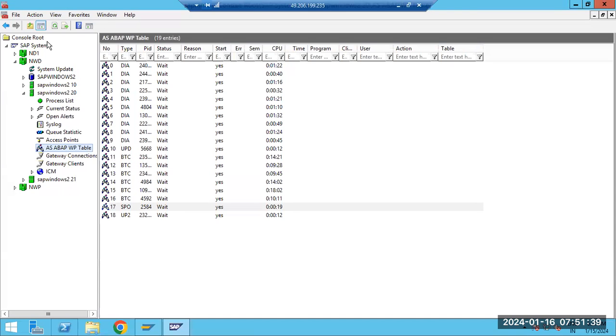Here, the spool work process. In every host, there is a spool work process. It is not used for the creation of the printers, but to print the data, that is, to send output data to the host spooler, the spool work process is used. Okay, so this is about the spool